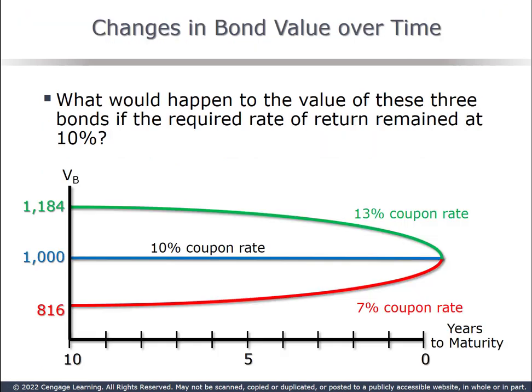While this bullet-shaped graph is very symmetrical, a bond's value over its life may be at a premium at some times and at a discount at others, based on market rates. What this chart does demonstrate is that as a bond moves toward maturity, the value converges to $1,000, whether from below or above. At maturity, the value of any bond must equal its par value. If the required return remains constant, the value of a premium bond would decline over time until it reaches $1,000. The value of the discount bond would increase until it reached $1,000. The value of a par bond stays at $1,000.